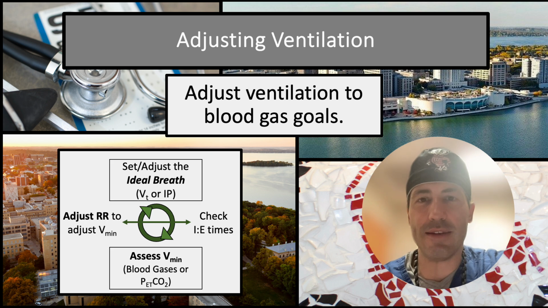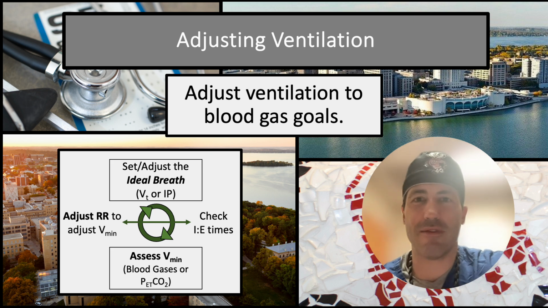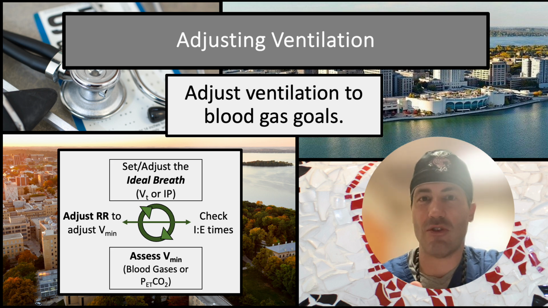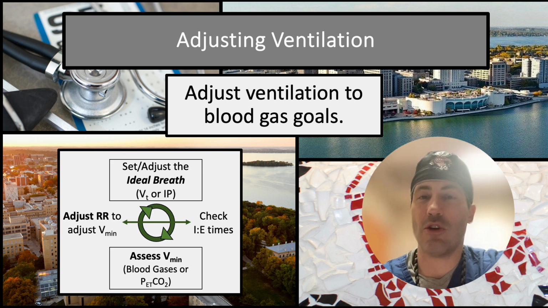Once we know that our I to E times are appropriate, we want to look somehow at their blood gas or at their minute ventilation and target something, right? You don't want to have a patient fully sedated and riding the ventilator when you are not ventilating enough. You can do that with an end-tidal CO2 where you have a rough idea of what their CO2 is. You can do that with blood gases. Or you can do that by roughly guessing their minute ventilation in an average situation and making sure it's in a normal range of somewhere in that 6 to 8 or 10 range